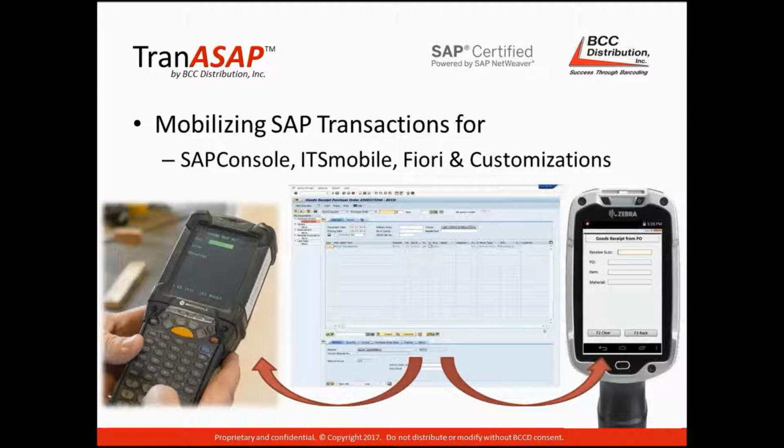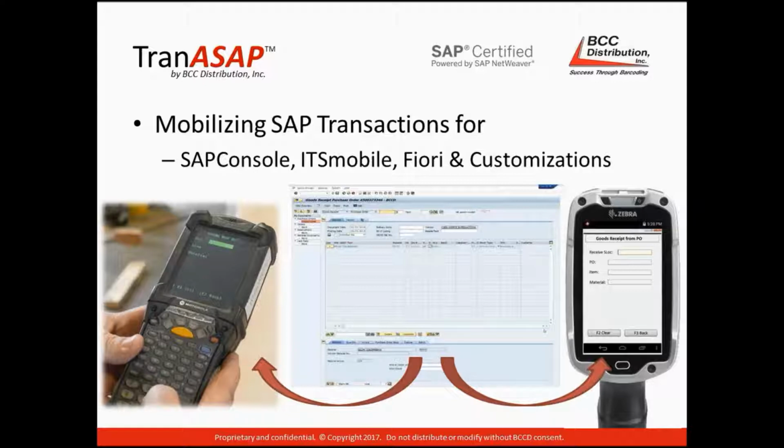Train ASAP is a product that is mobilized software transactions that we have canned, that we've customized. It is a direct connect product, meaning that there is no middleware. It is truly SAP transactions, IM transactions, WM transactions, MM transactions,